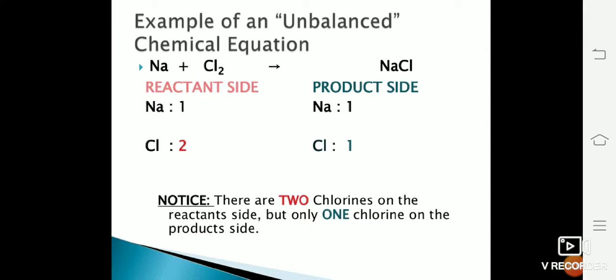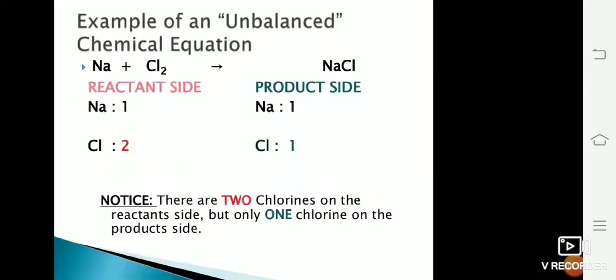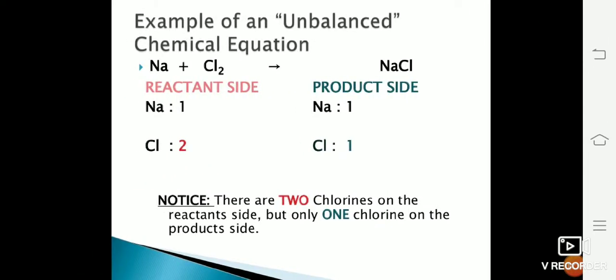Like in this particular example, if I put 2 in front of NaCl, then on the product side I will have 2 atoms of sodium and 2 atoms of chlorine. Now again the equation changes. On the reactant side I have 1 atom of sodium, on the product side I have 2 atoms of sodium, because I have put in the number 2 in front of NaCl and that 2 is applicable for both sodium